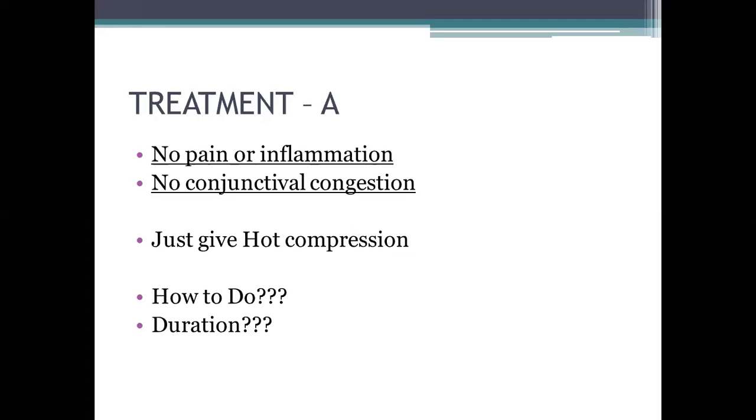तो कैसे करेंगे? How will you do the hot compression? You have to take a bucket of water, warm water, slightly hot, not very boiled water you require for this। तो थोड़ा सा गर्म पानी लेना है, उसमें एक नैपकिन थोड़ा सा मोटा सा गीला कर देना है और निचोड़ देना है, और निचोड़ के वो नैपकिन आंख बंद करके आंख के ऊपर लगाना है। और एक बार गर्म पानी में वो भिगो के निचोड़ के आंख पे लगाएंगे तो वो 1 मिनट में ठंडा हो जाएगा। तो वापस उसको गर्म करके वापस लगाना है। ऐसा 10 मिनट के लिए करना होगा, और 10 मिनट करने के लिए वो आपको 10 बार गीला करके निचोड़ के आंख के ऊपर बंद आंखों पे लगाना है,